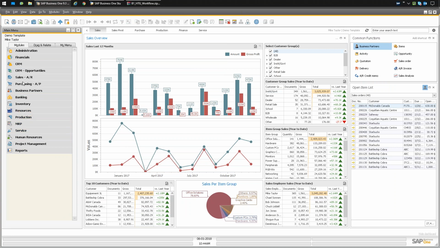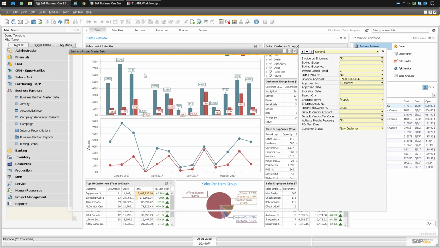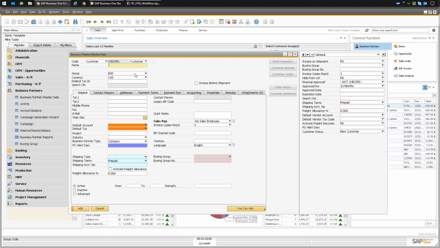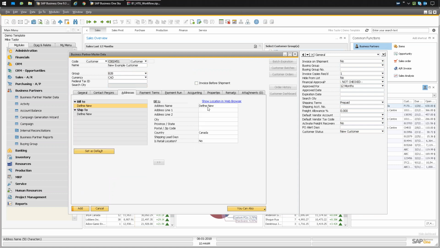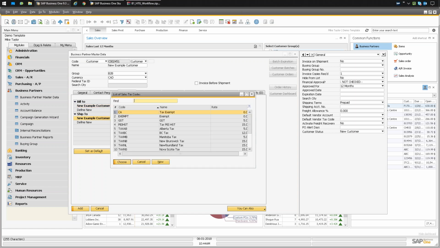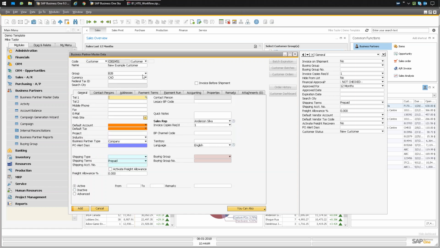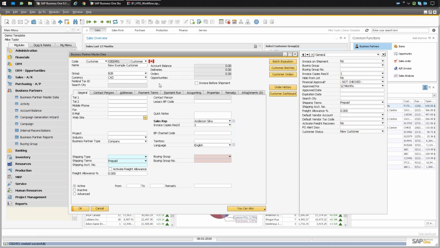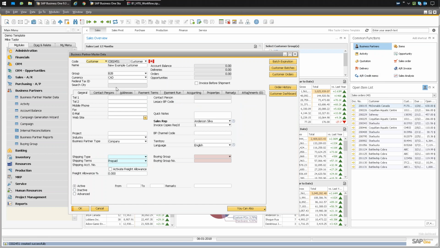So the first one: if you go to Business Partner, you're just working through your regular day, and you go and add a new example customer. This is just a normal user doing their thing. I'm going to set a particular requirement here. So I'm going to do my basic setup here, and then I'm going to add. So once this is added,